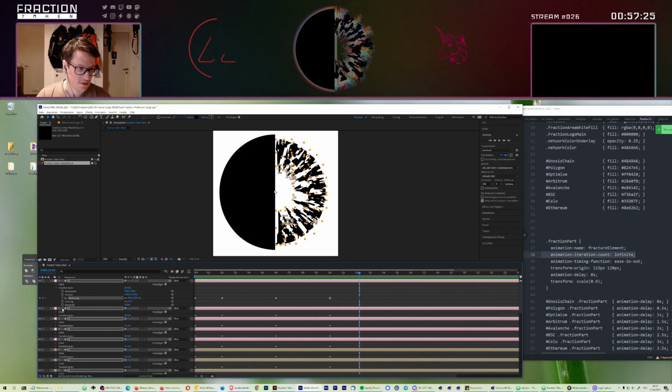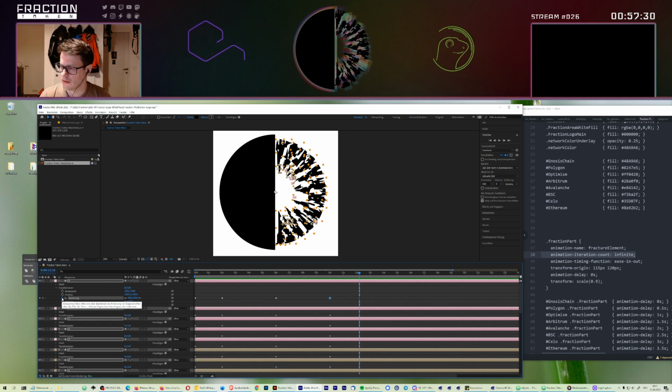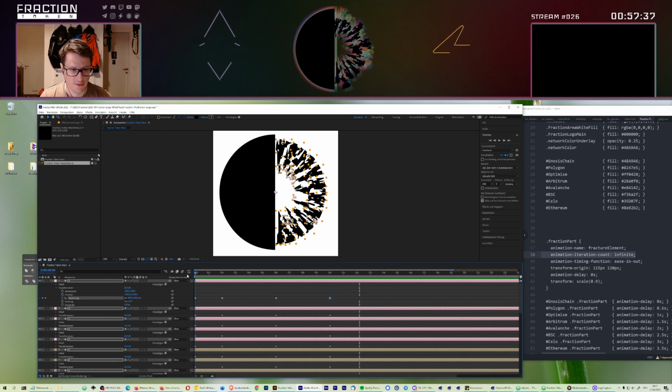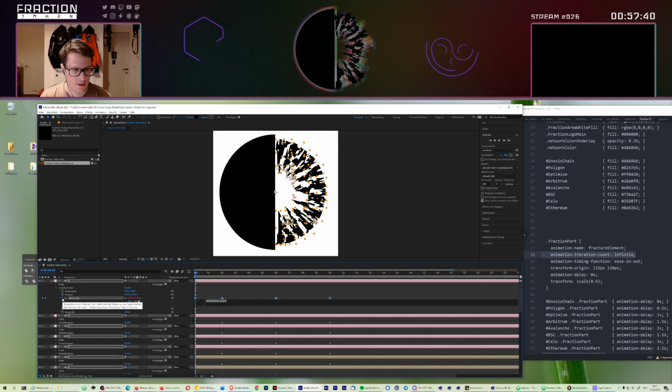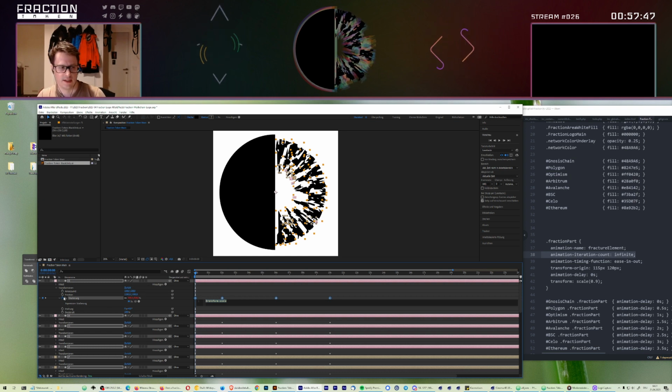And in After Effects, you can do that by holding Control, or for Mac it's Control, on PC it's Alt, and then click on the stopwatch here. Let's go back to normal and click here, and that opens up the expression. So, it puts in transform scale, because that's the one element we're having in here, but we don't need that anymore. But what we want is to loop all of that,